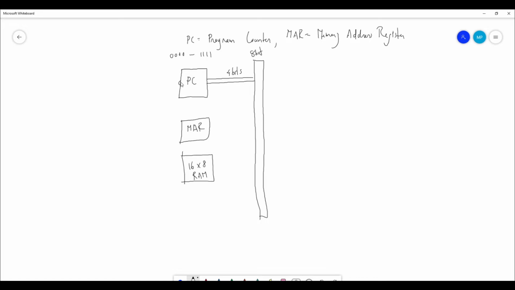Obviously, there is a clock. This is negative logic, so it's clock bar. Whenever the clock goes to 0, that edge, this will be triggered and it will increment the count. And then of course you need a